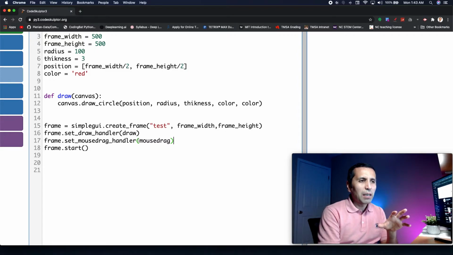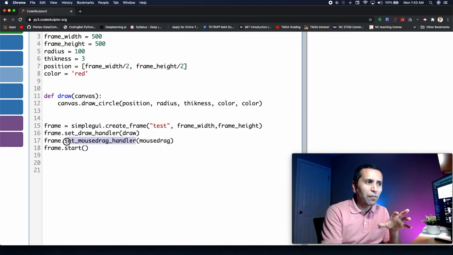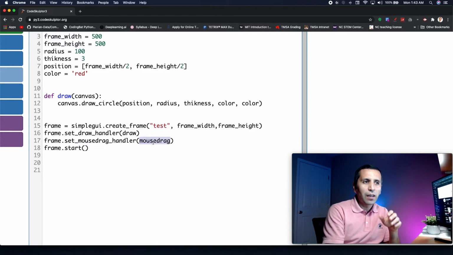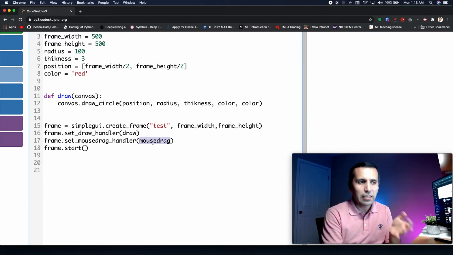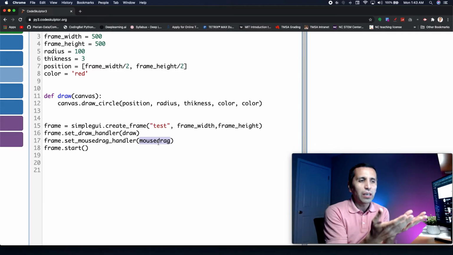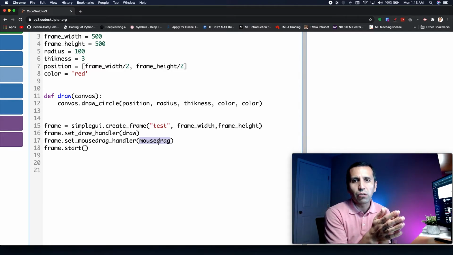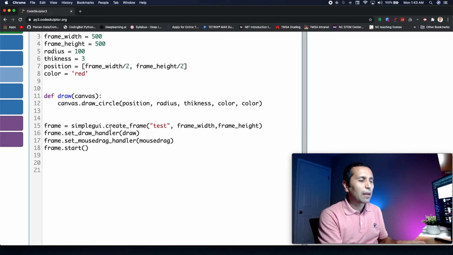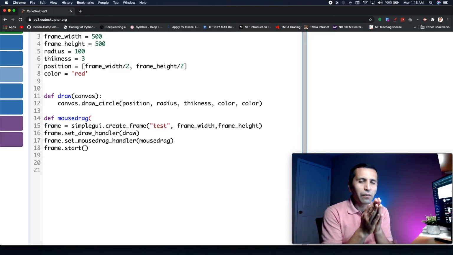Here it might be a little bit confusing. That function belongs to the SimpleGUI library, and the function that we are going to define in a second is what runs whenever we drag it. We can call it ABC or XYZ, but we just call it mouse drag, and here I need to define it. I will say define mouse drag,